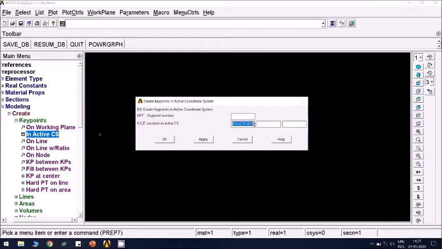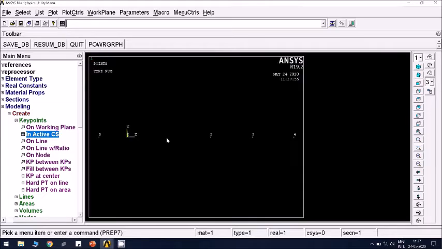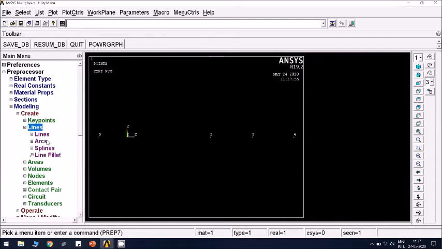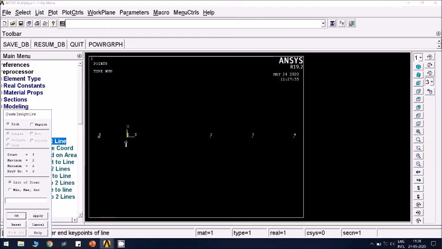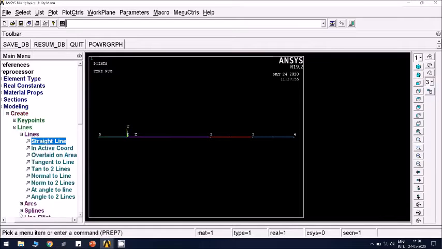And one more key point for representing convection, I am giving it as minus 0.1. So I am assuming 0.1 distance for the convection element. So that is here. Now let us draw the lines between these. First line, second line, third line, fourth line.